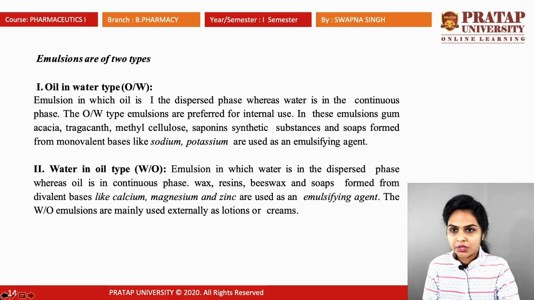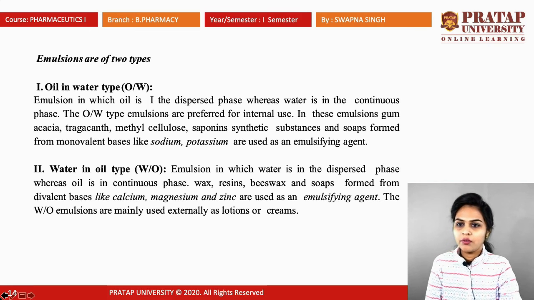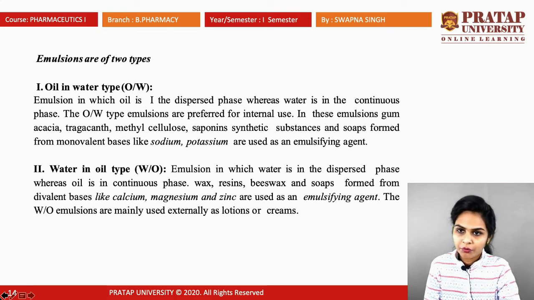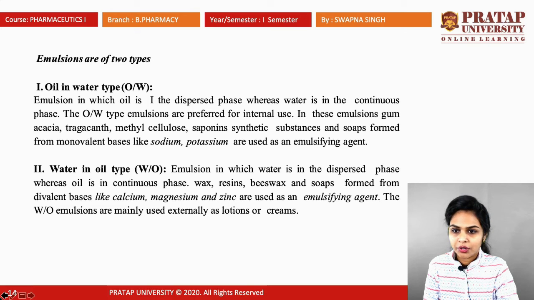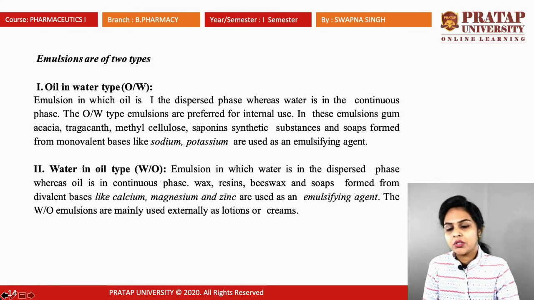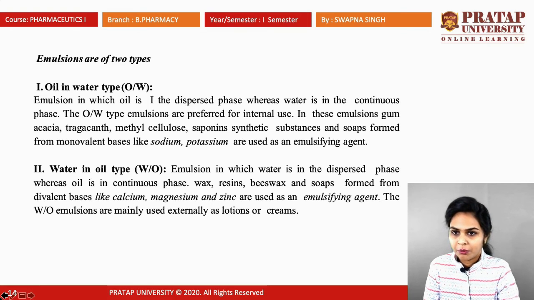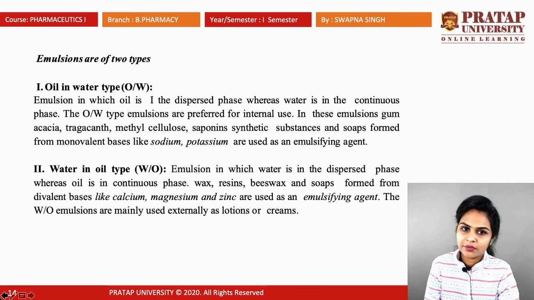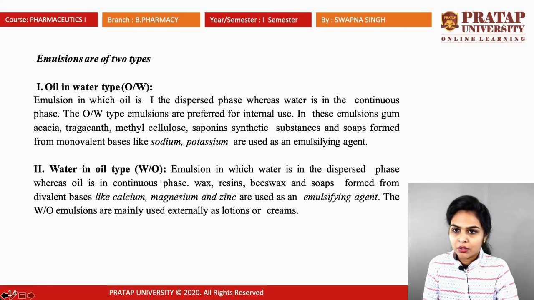Single type of emulsion contains two categories: oil in water type, that means O/W type of emulsion, and W/O, that is water in oil type of emulsion. And in the mixed category, W/O/W and O/W/O emulsions are there. First, oil in water type of emulsion, in which oil is in the dispersed phase whereas water is in the continuous phase. Oil in water type emulsions are preferred for internal use,